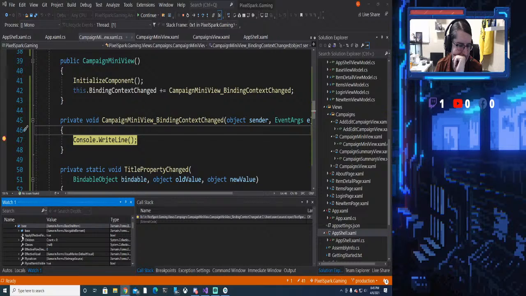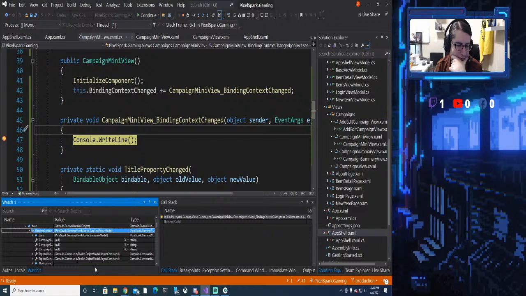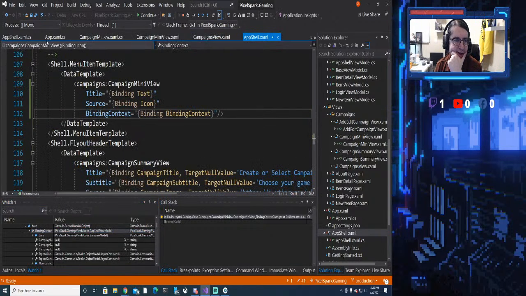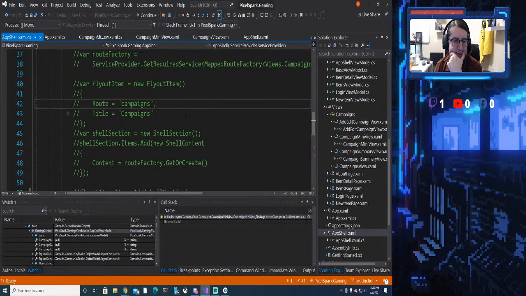Take a look. Navigable element. Yeah, there we go. That is the app shell view model, which doesn't help. So when we were setting this here, I